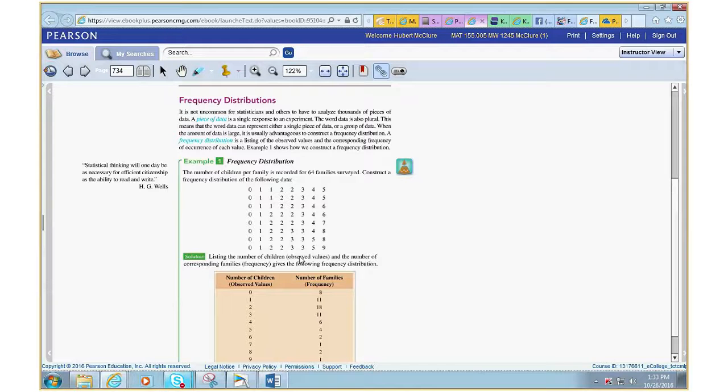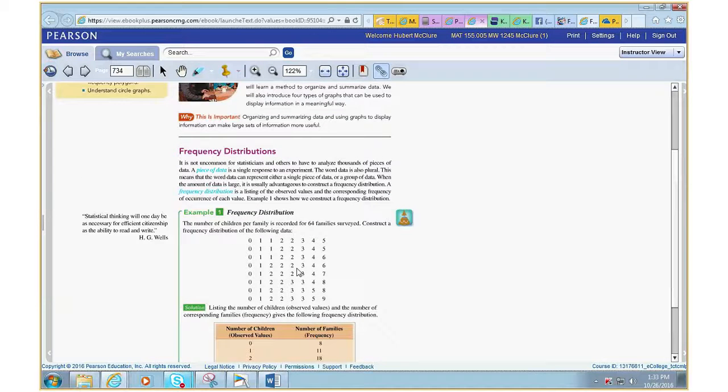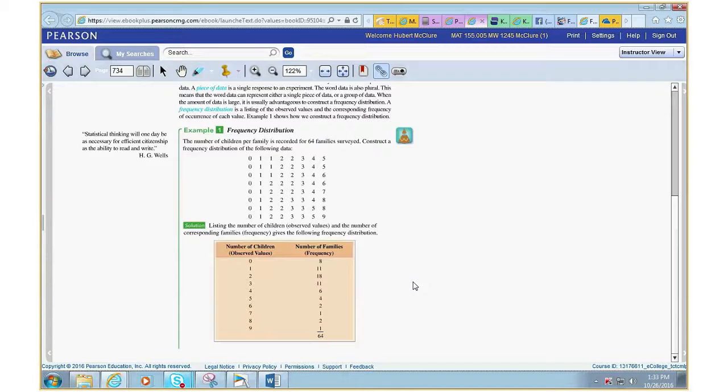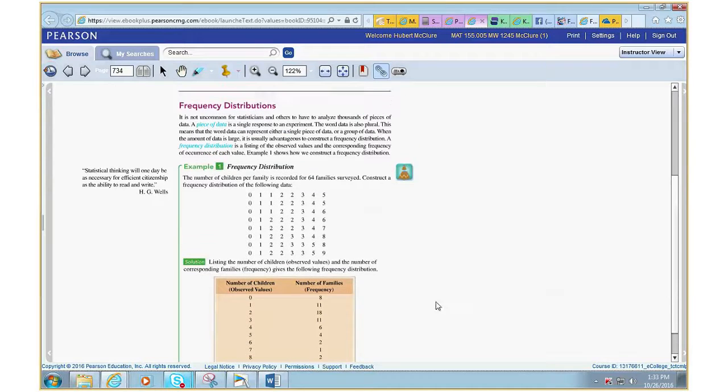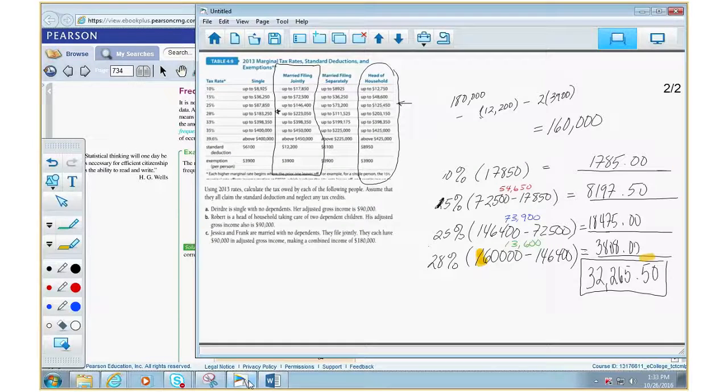You see these numbers right here? Well, you can put those numbers in a chart form. And it looks something like that. And this is what you call a frequency distribution. I call it a head count. We can make a frequency distribution with this class. Let's go in here and